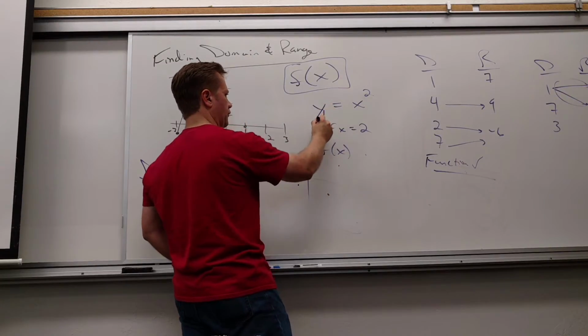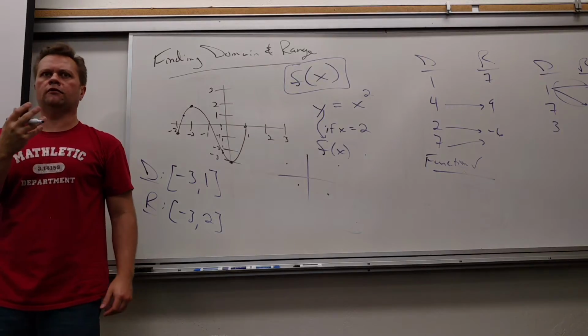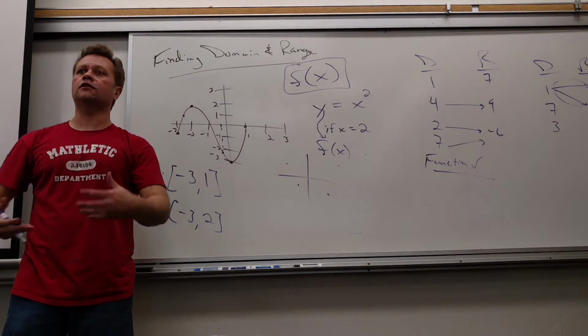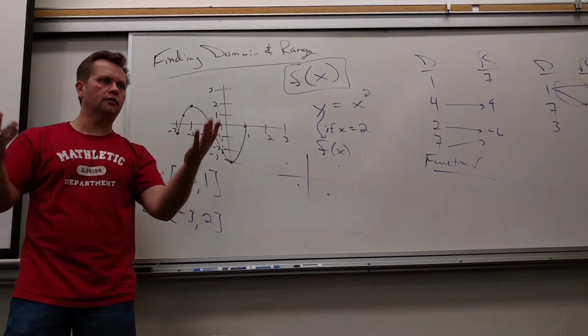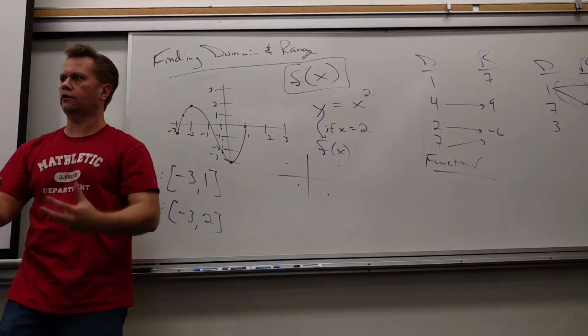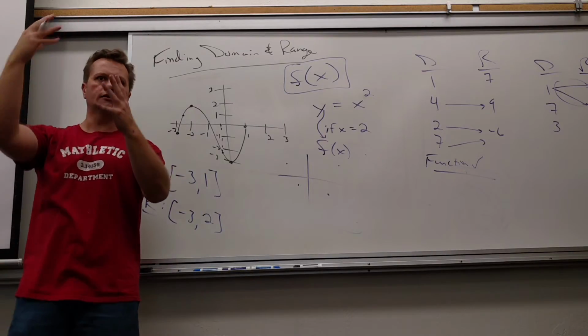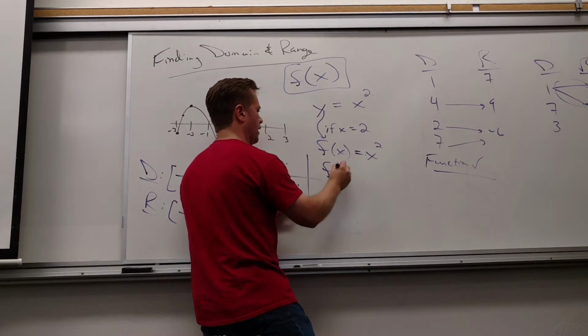It takes the place of y. f of x. Why do I use f? Because we're talking about functions. But then I can use c of x if it's a cost function, p of x if it's a profit function, n of x if it's a number of something. Whatever. So the letter I use can represent physically what's going on. h of x if it's a height, and so forth. So now if I said f of x is x squared, and I said, what is f of